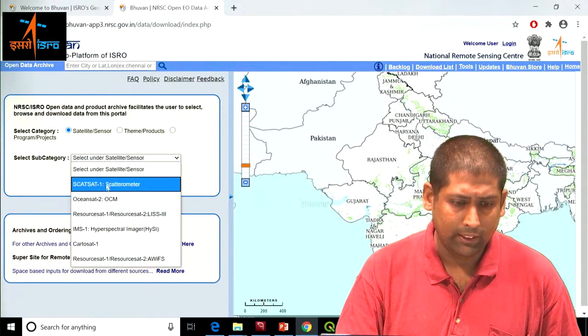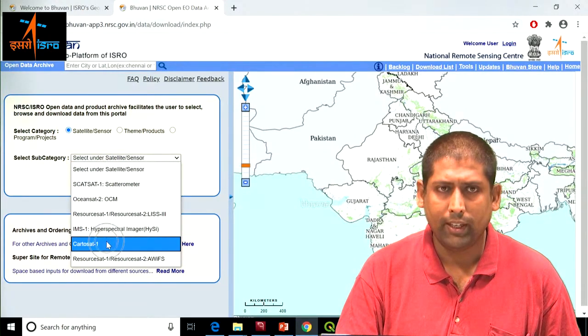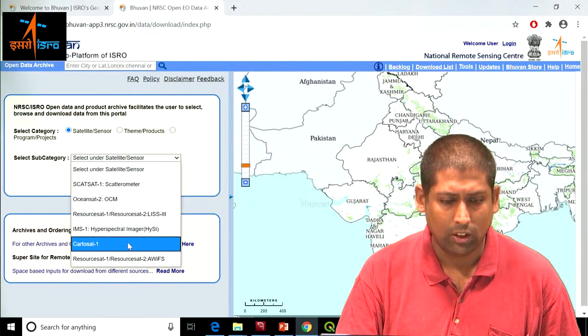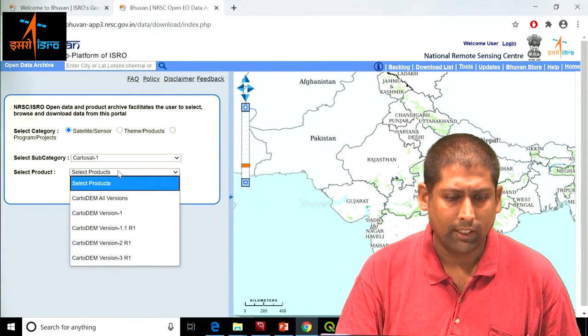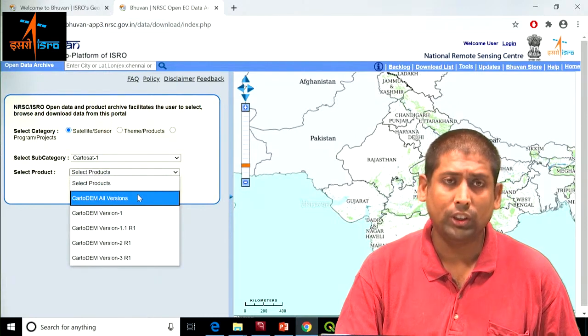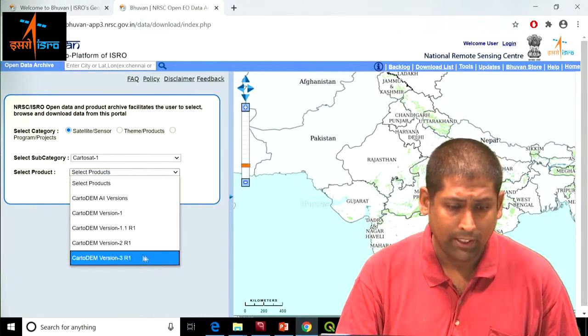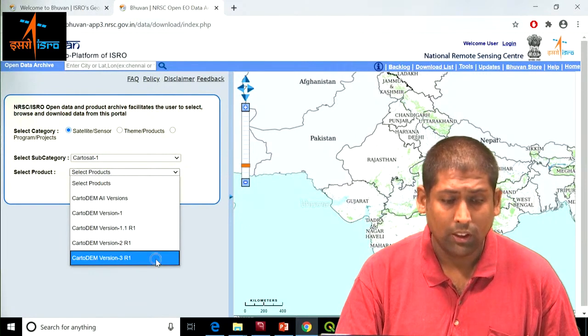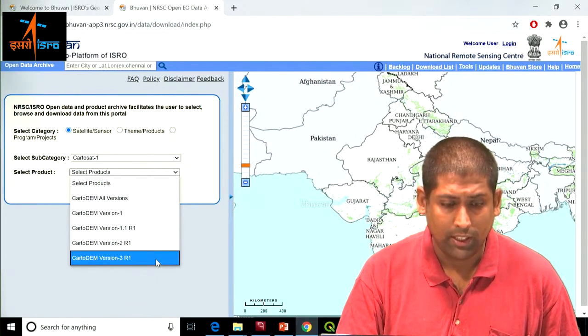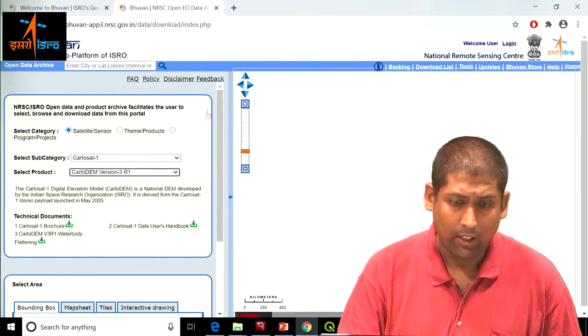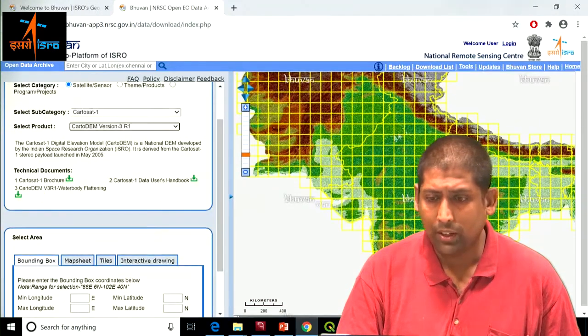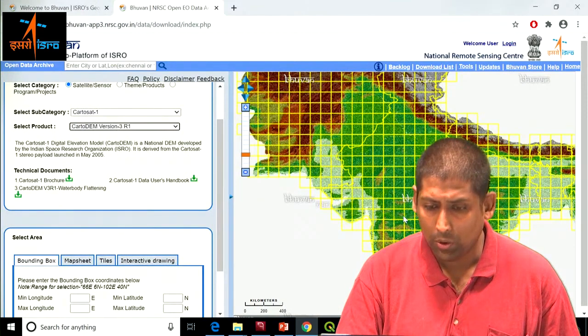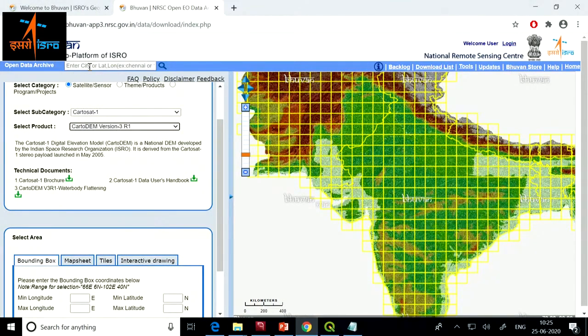What we are interested in is this product which is provided using the Indian remote sensing satellite called Cartosat. Just click on that and it will say that there are different versions of Cartodem available. We will take the most recent version, which is Cartodem version 3R1. Then it will ask you to identify the grid for which you want to download the data. So if you don't know which grid your city or town belongs to, you can just click on this search bar here and type.